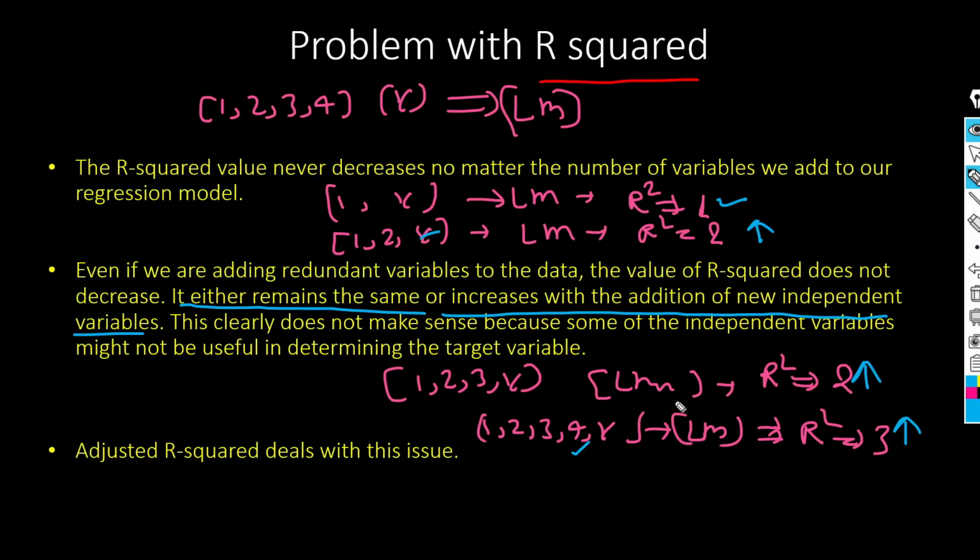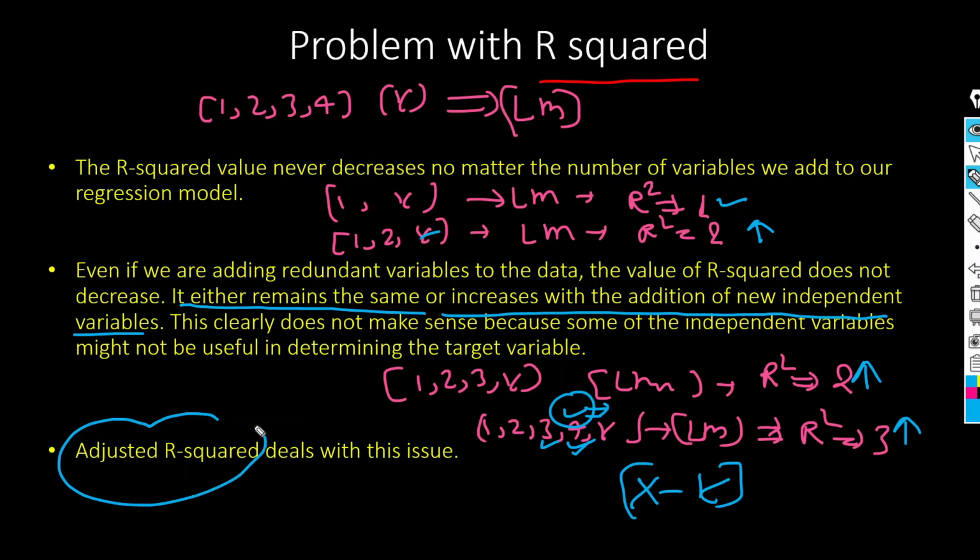So we can say that whenever we add any independent variable, we will not be able to find any significant explanation between the x and y, right? I cannot say that this variable has a proper significance to get the prediction or not, right? Because it always increases or stays the same, so we cannot say that this variable has a proper significance to get the prediction. So that is the problem with the R squared. This problem we can solve with the help of adjusted R square.